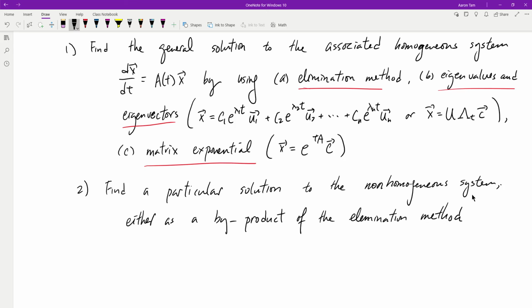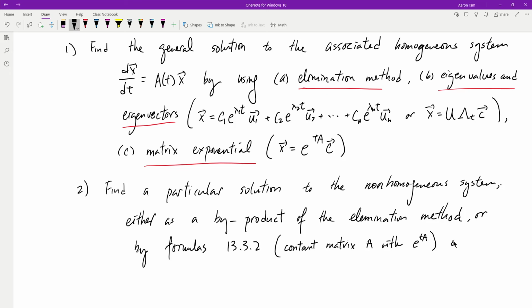which is nice, or by formulas 13.3.2, which is for constant matrix A, with e to the tA, or